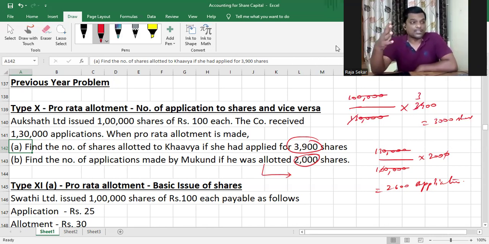The company has many ways of going about dealing with that excess application money. They can just refund the excess application money, or they can go ahead and use that excess application money against the allotment money due. That is, they can tell the shareholder that you've applied for a certain number of shares, they've given you only a lesser number of shares, so we have some excess application money that you have paid us. Now you have to pay us allotment money, right? We'll set it off against that allotment money. We'll adjust that excess application money that you paid against the allotment money that you have to pay us. So that makes more sense, right?